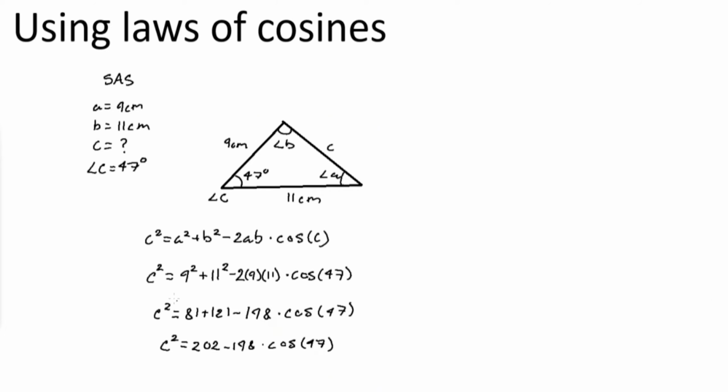Now if I were to do 202 minus 198, and then multiply by cosine of 47, that gives me about 66.964. So C squared is equal to,